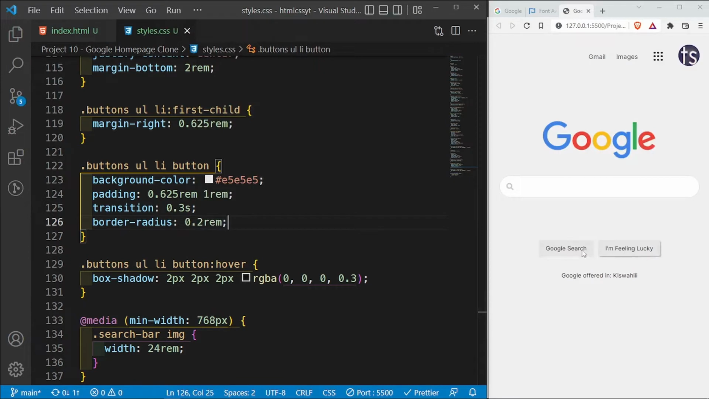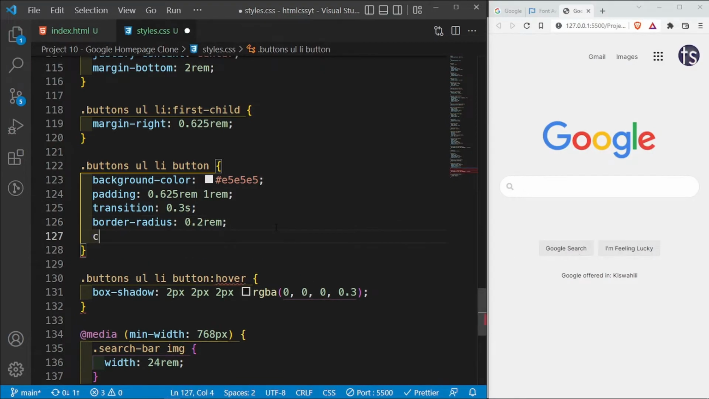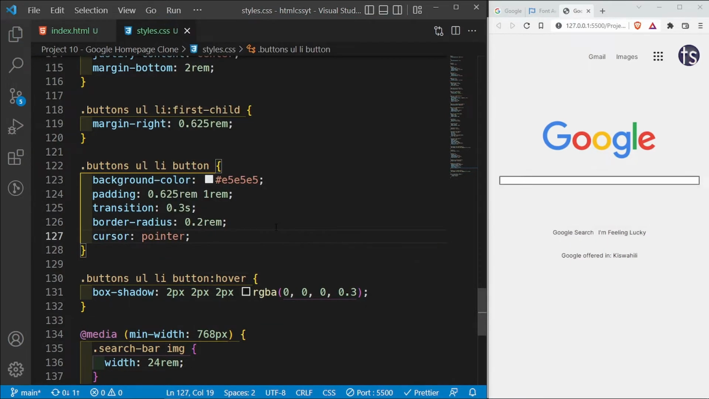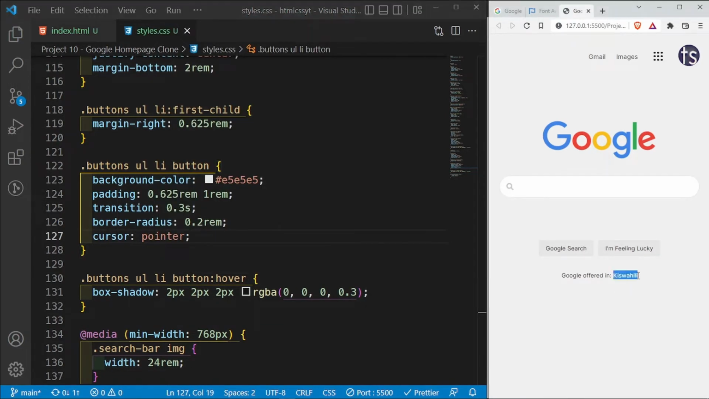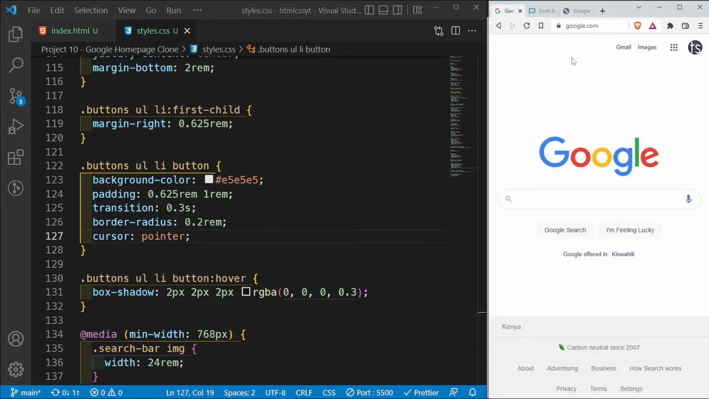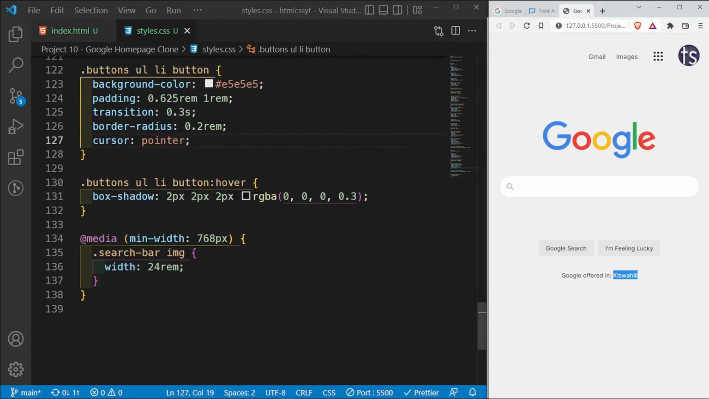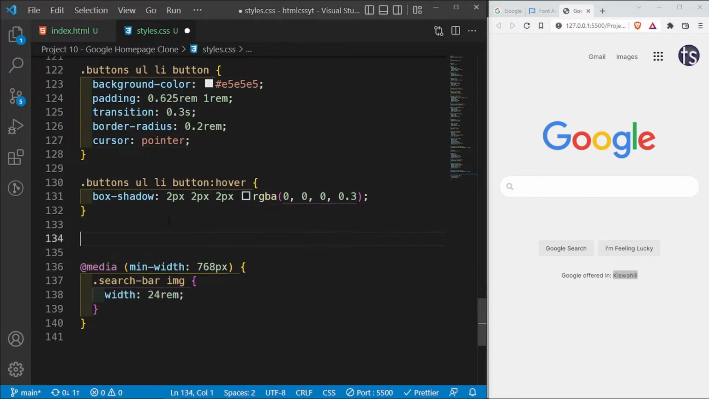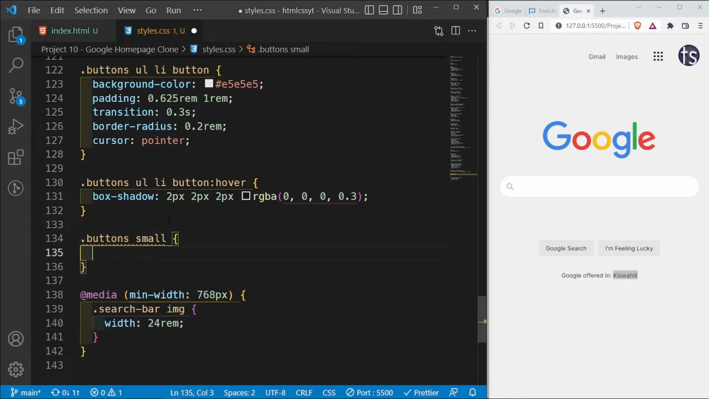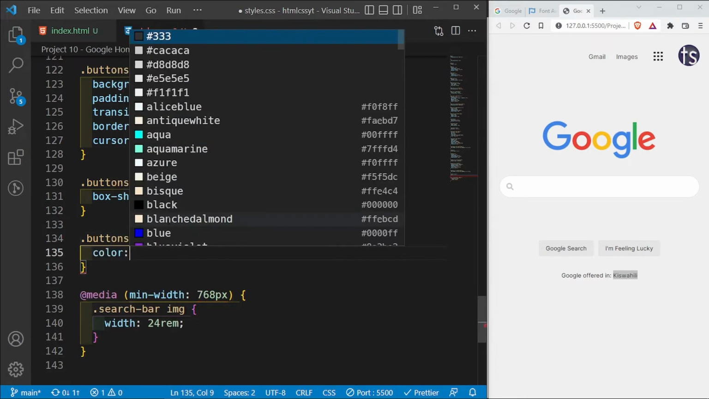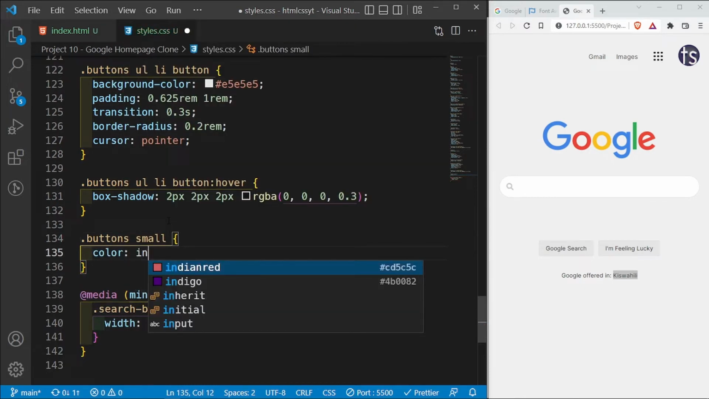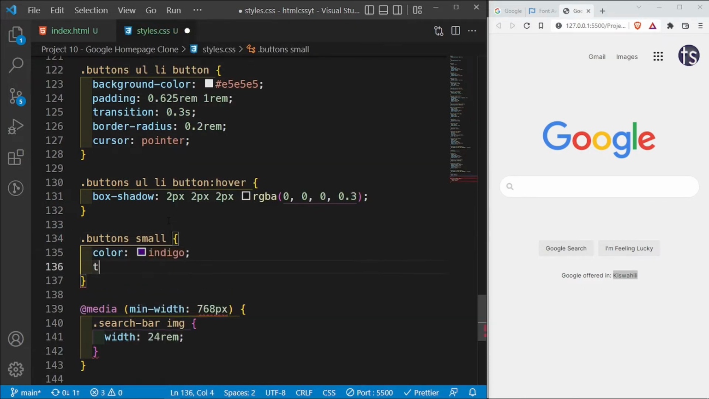There we go. And then let's change the cursor into pointer. So cursor, set this into pointer. And remember that in our design, this is a link, so we can style it to look like a link by going right inside the buttons div, so for the dot buttons, and then I can access the small tag, and I can change the color into indigo right here,